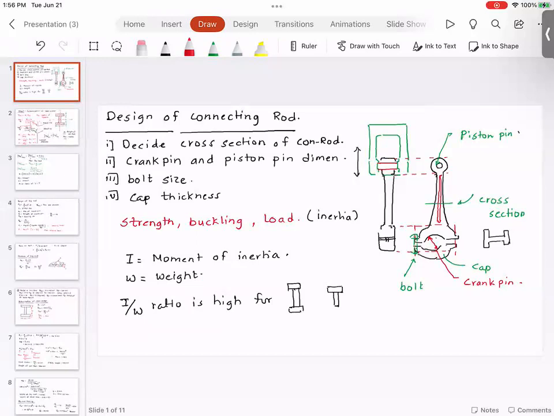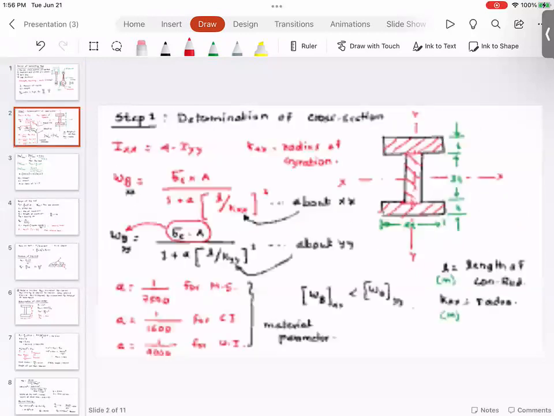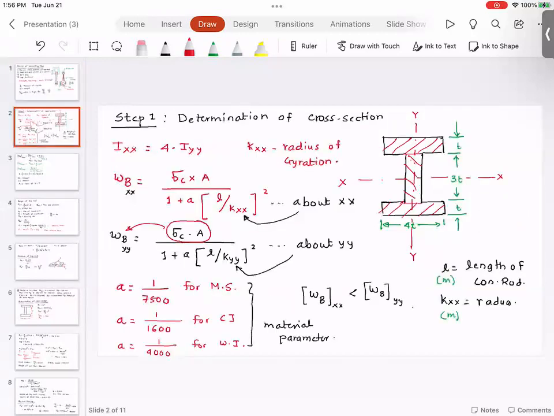So when we design the connecting rod, we have to decide all the dimensions. Also at the same time, we have to decide the bolt sizes, cap thickness, and so on. So design is always based on strength, buckling, and load consideration. There are typically standard dimensions for the connecting rod, and with those standard dimensions, pretty much the properties of the section are already known. The only thing that we don't know is the length of the connecting rod, which is L, A,